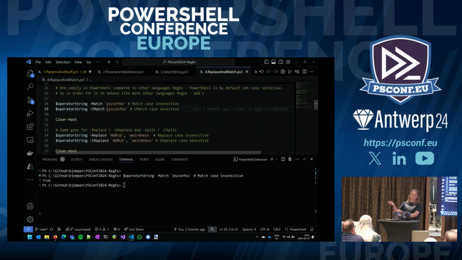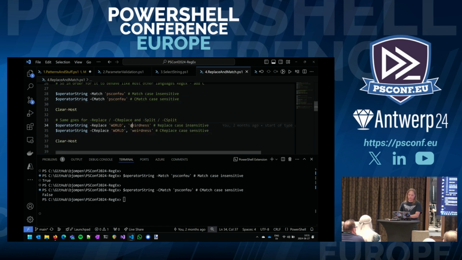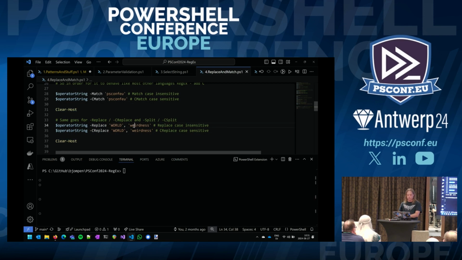But we can change this behavior if we use the -cmatch or this -c whatever operator we want. And suddenly it behaves the way the regex people or other languages would expect it to. So you do -cmatch or -creplace and so on. We can do the same with replace. And normal -replace, well, it will work.